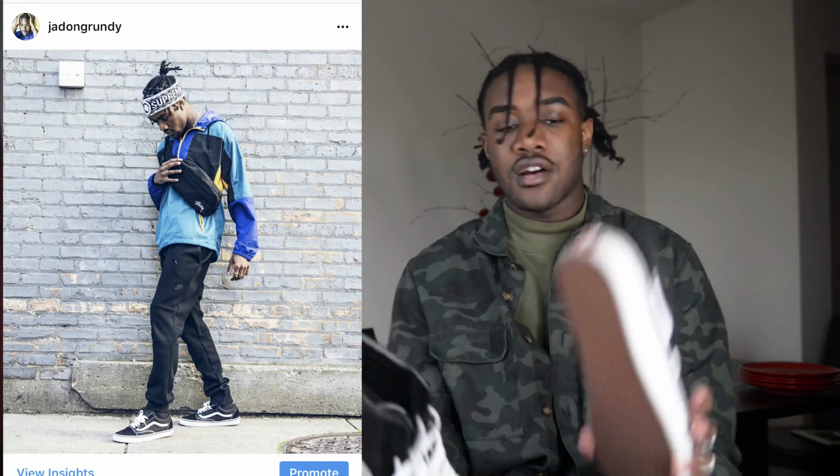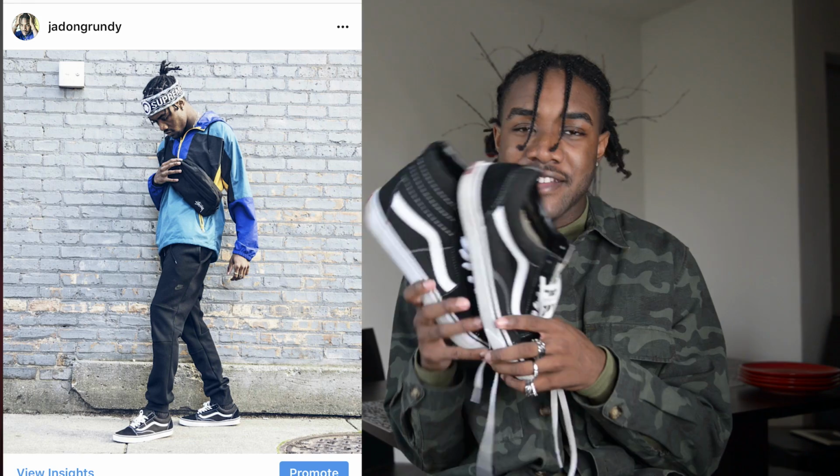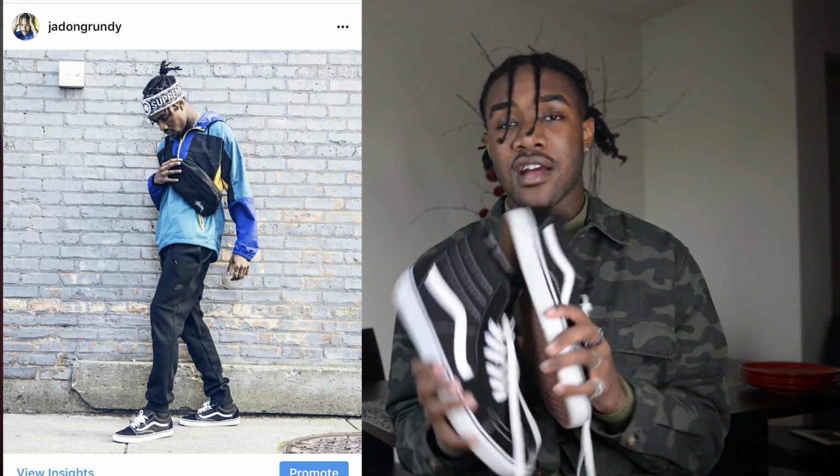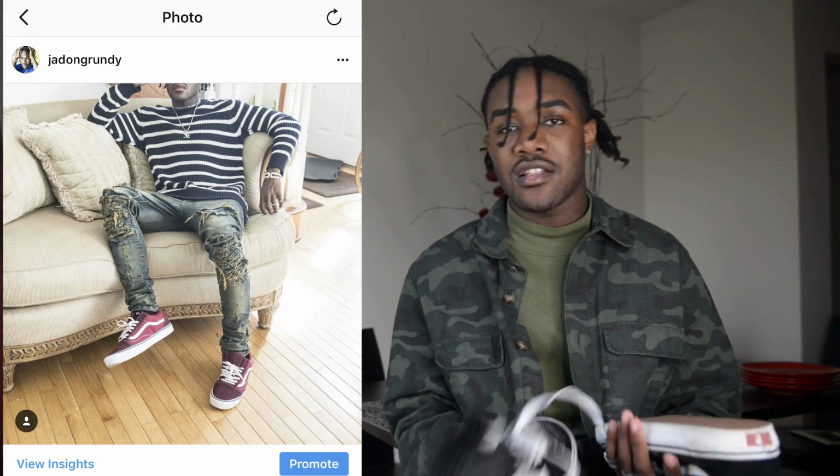So getting into the second shoe, the more vulcanized look of shoes, of course I had to throw in the Vans. These are the Skate Highs and these are the Old Skools. Especially in the black and white colorway, you can mix and match and wear almost anything with these shoes. Baggy pants, hoodies, your options are pretty much endless with these. I'll throw up some outfits right here so you guys can see how I style them,